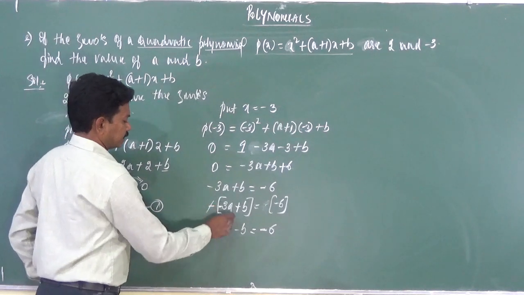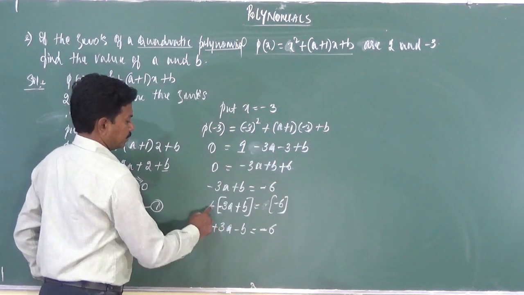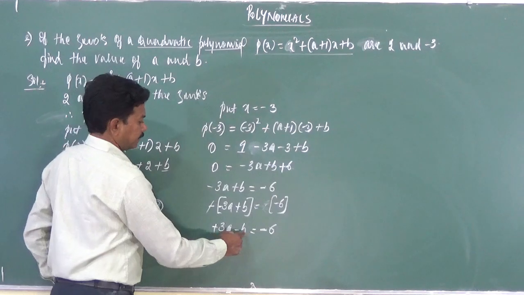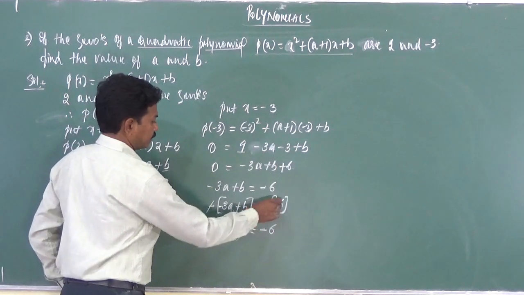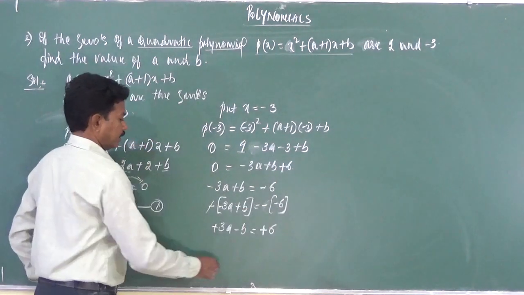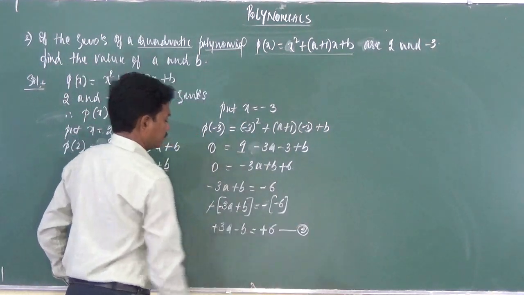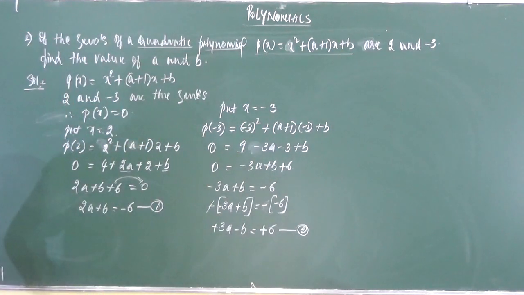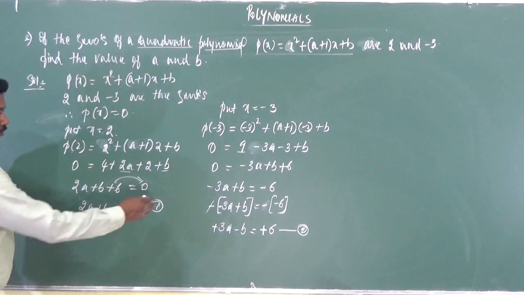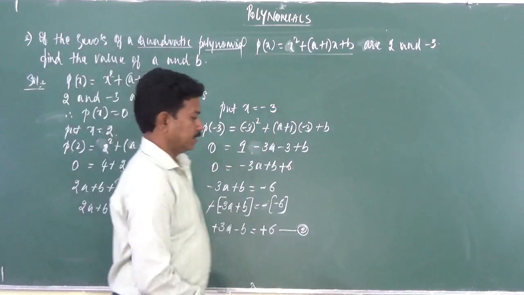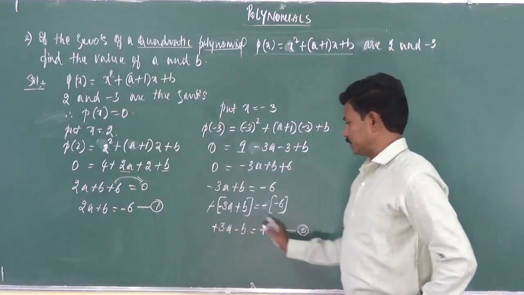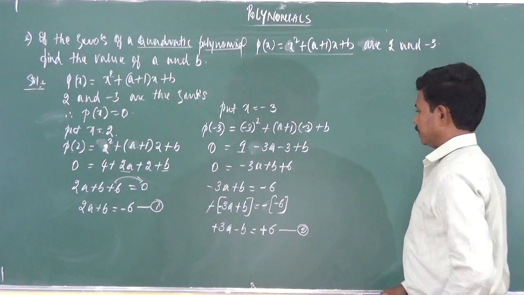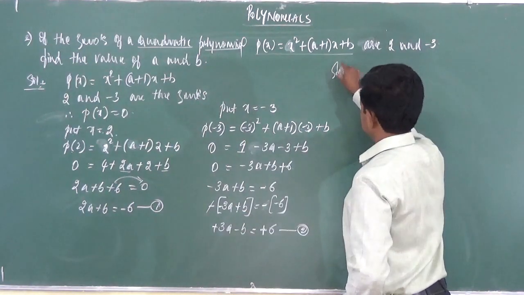So minus into minus 3a is plus 3a, minus into plus b is minus b, and minus into minus 6 is plus 6. Okay. Now take it as equation 2. So we can solve equations 1 and 2 here very easily. So that's why I multiplied by a minus sign on both sides, just to make it easy for simplification. So solving